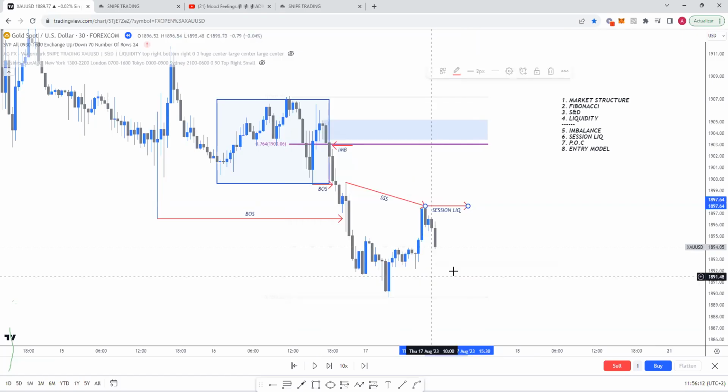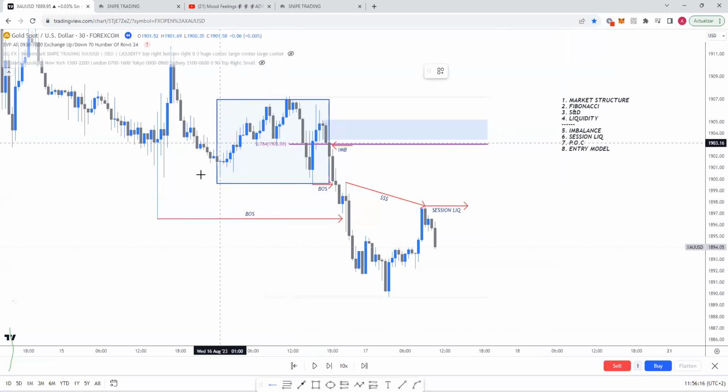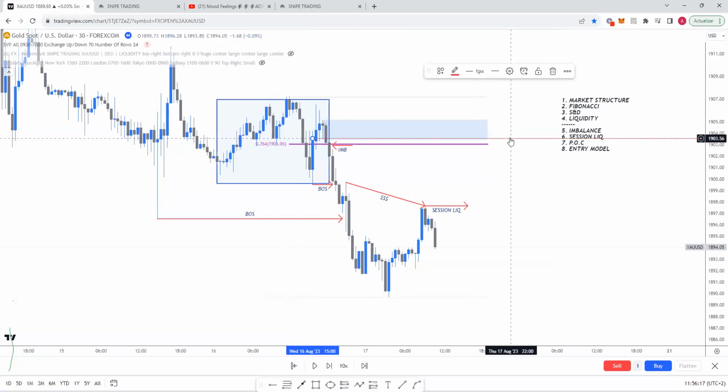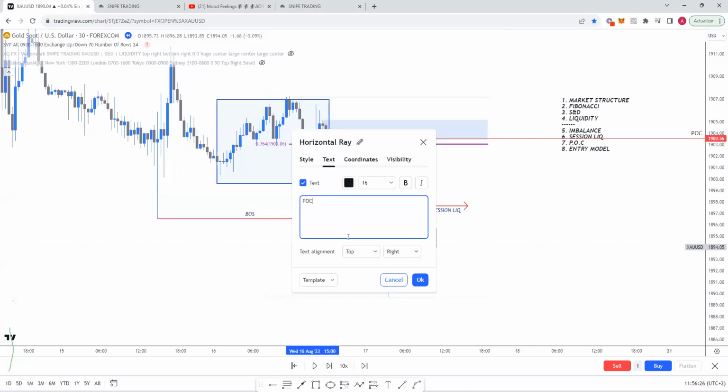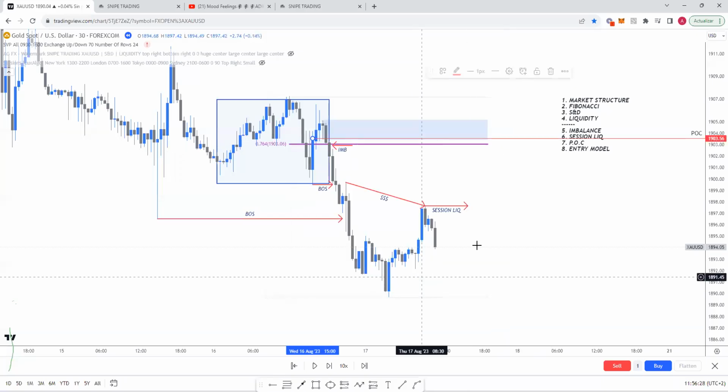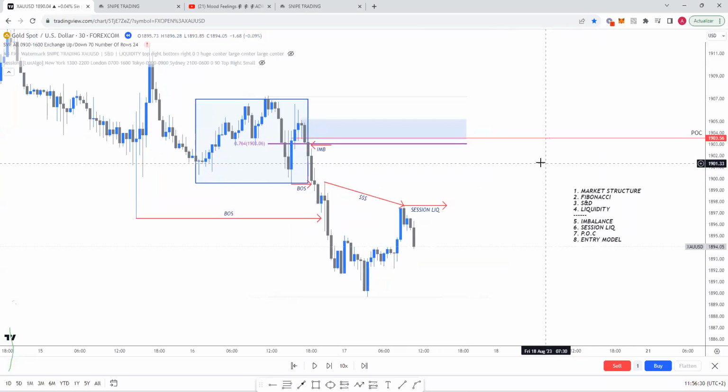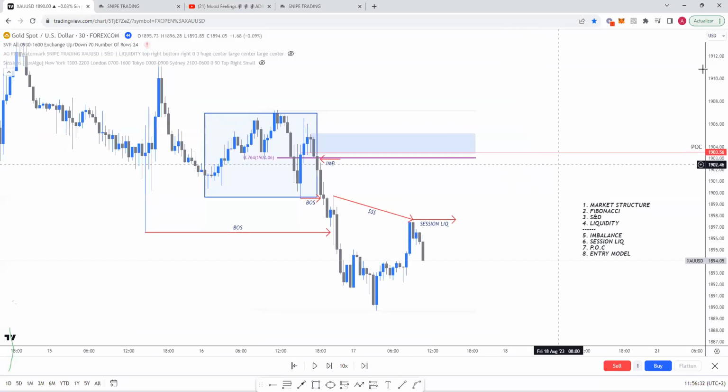Session liquidity, and the point of control was right on this level. And we had the entry model of trend continuation,